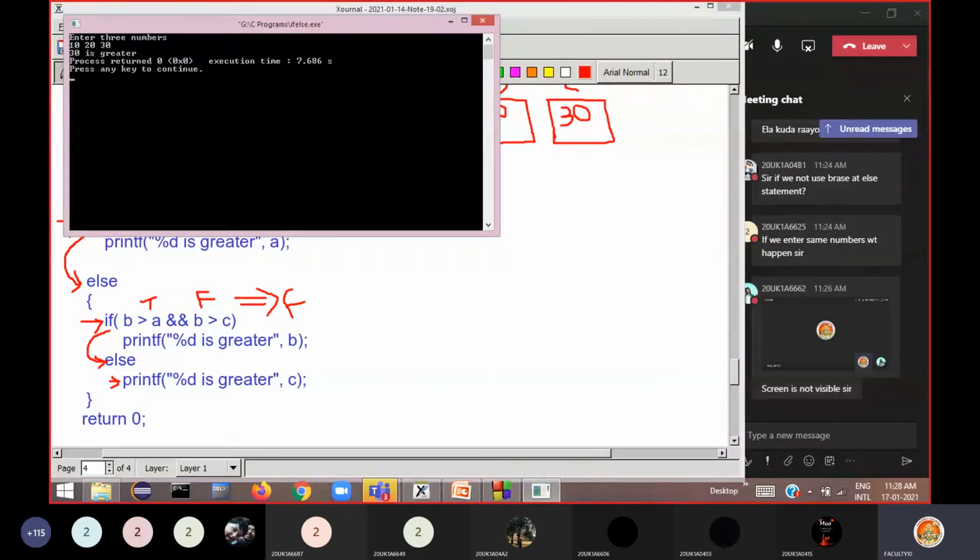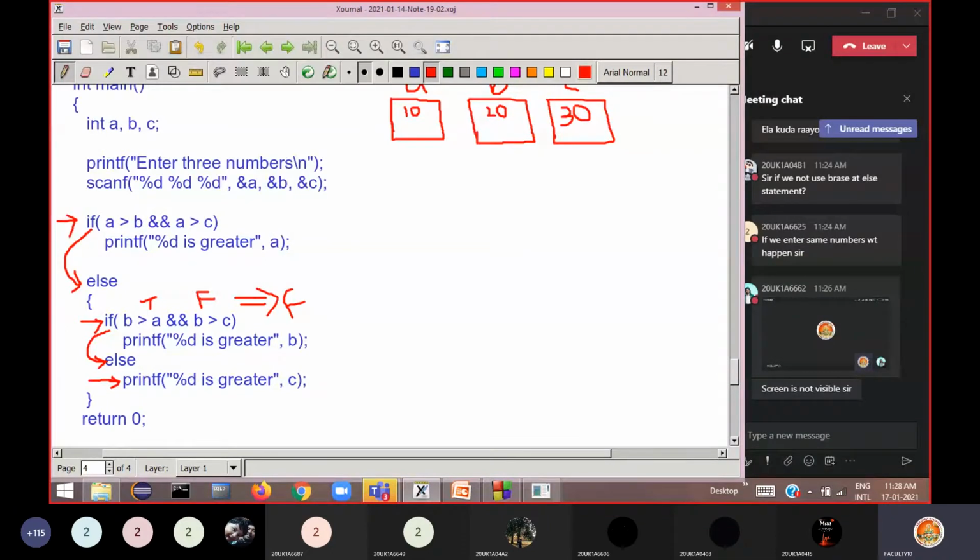Okay, so from which statement is it printed? From this statement, this last statement. From this last statement, you got the output printed on the screen. Okay, so you should be in a position to explain this to the